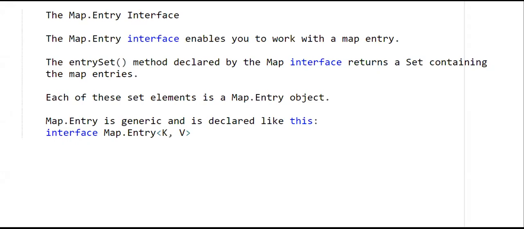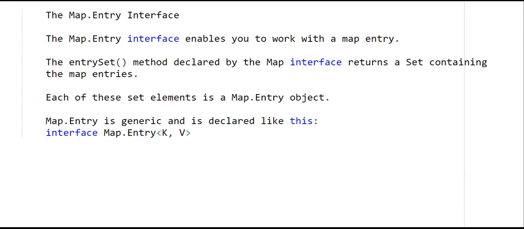Today we shall discuss the other interfaces that are present in the map interface. So the Map.Entry interface. This will enable us to work with the map entry. The entrySet method, which we discussed in the map interface, will return a set containing the map entries.